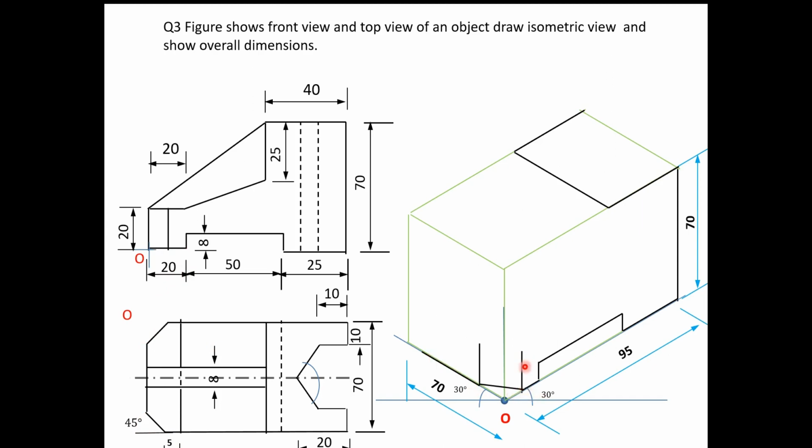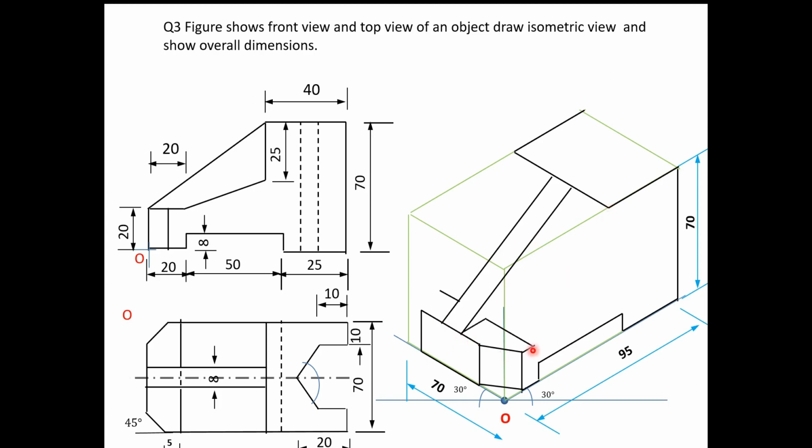So this edge is also 20, then this is 5, connect it, so this is also 20. Then next, from this find out the midpoint, so 4 this side, 4 this side, again from this 4 this side, 4 this side, from this 40 line find out the center and connect this, so this is a rib.